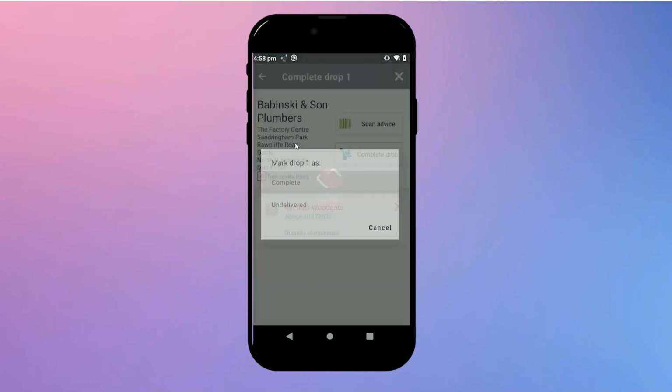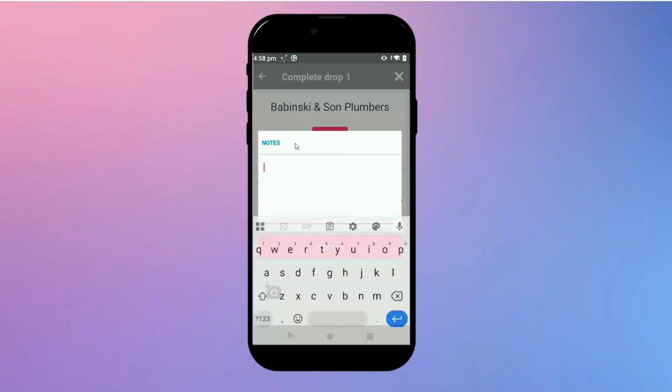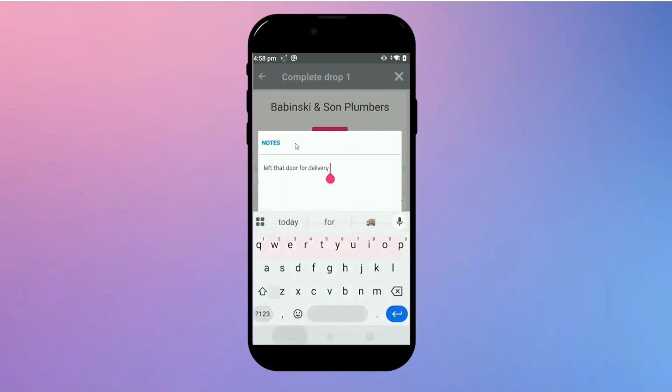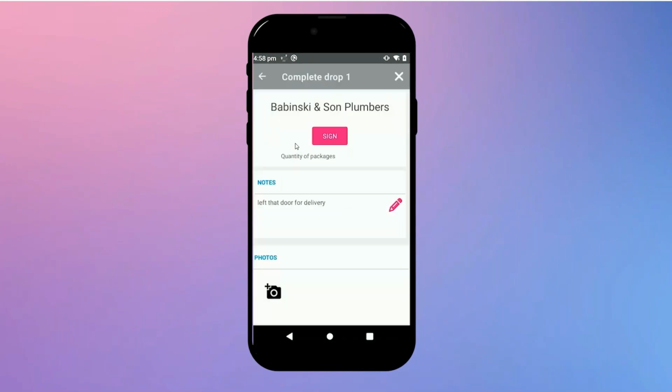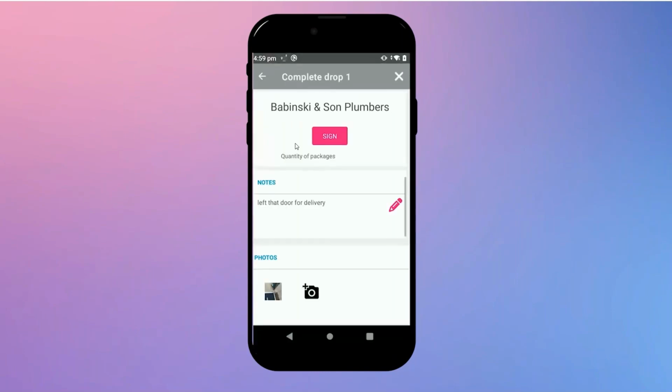And we've got an option here to complete the order or mark it as undelivered. Again, we can put any notes we need to about the delivery. So if we've left it at the gate or back of the door, we can type that in, or we can use the speech function again. We can add a photo as well. So I've just put one from the library here rather than a picture on my screen. We've added that photo,